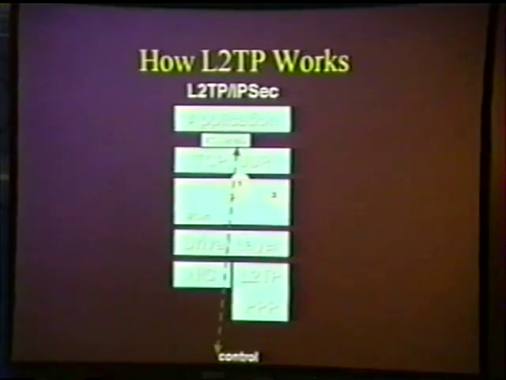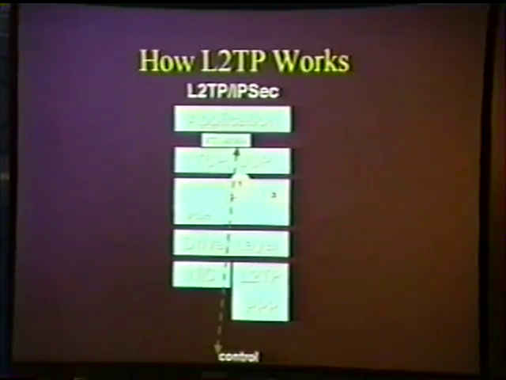So when you pull up the UI, you just create a new connection, and the connection type in Windows 2000 will be automatic by default. What that means is it's going to try L2TP if you have a certificate, and if you don't have a certificate, then it'll try PPTP only. So basically, when it's doing L2TP, the application is just the VPN UI, and the very first thing that happens